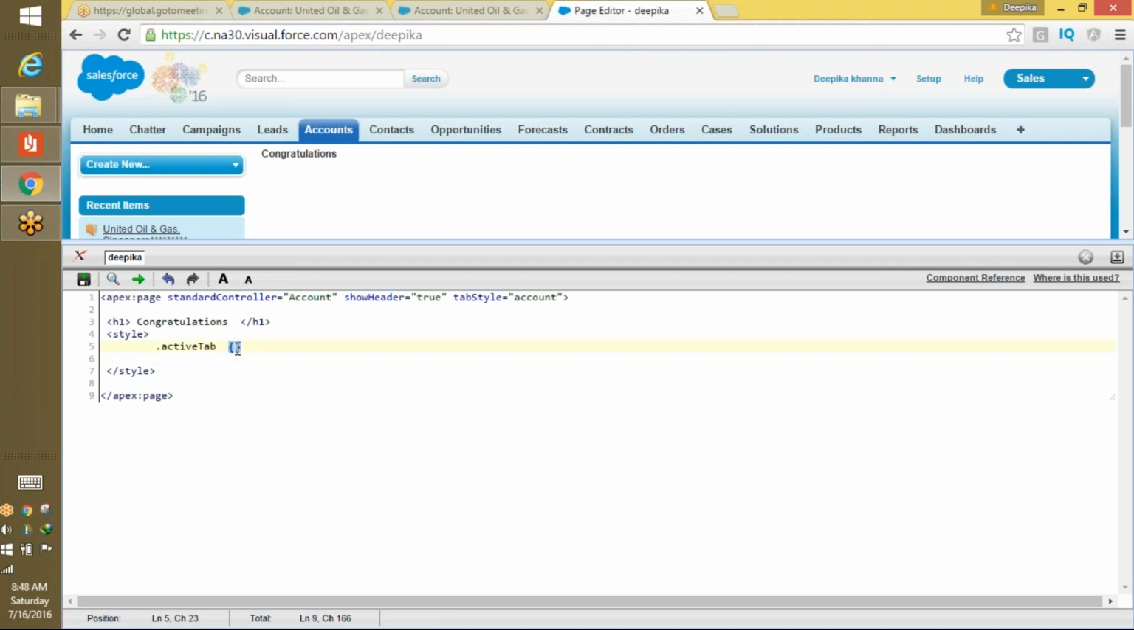So you went here, active tab. Here you say, I'm going to change the background color. Background colors are given as hex codes. For different colors we have different hex codes. So let's say this is one hex code here. And let's see if anything changes. If I say color white,